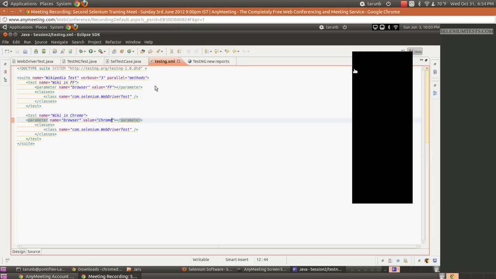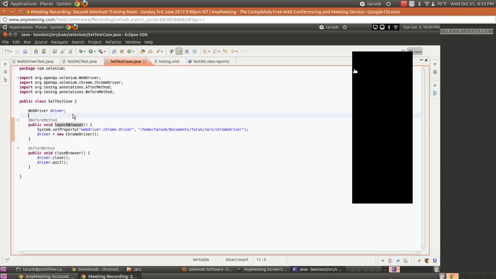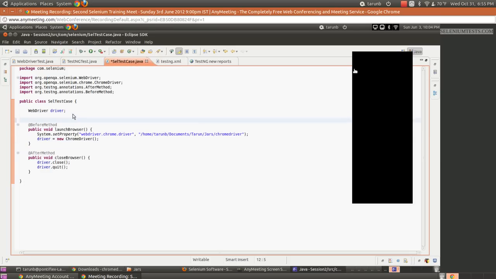Okay, so what I am going to do now is I'll execute these tests in parallel. So parallel equal to methods, I'll make it parallel equal to tests. Okay, and then I'll go back to my SeleniumTestCase class and I'll use those parameters here.